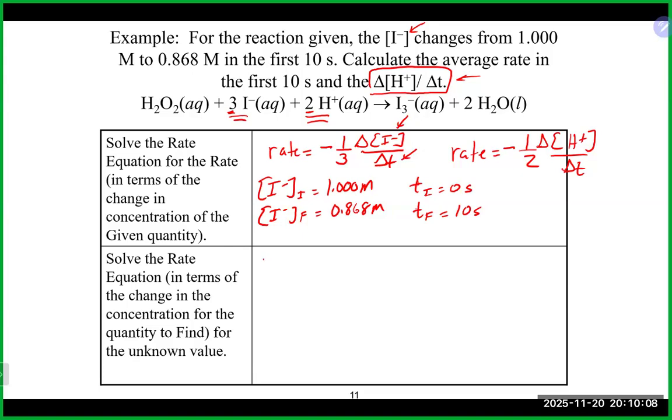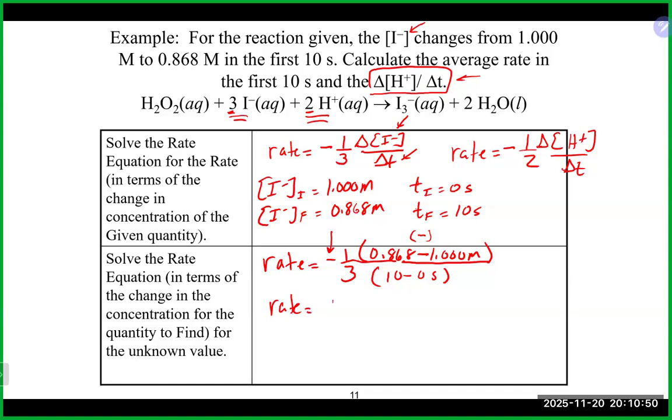So we'll put it into our first rate expression for our I minus, minus 1 over 3. Again, we're going to do final minus initial here. So that's going to be 0.868 minus 1 molar divided by 10 minus 0 seconds. Once again, this subtraction is going to give us a negative number. And that, once again, is why we have the negative out in front, so that our rate will become a positive. We'll go 0.868 minus 1 divided by 10 and divided by 3